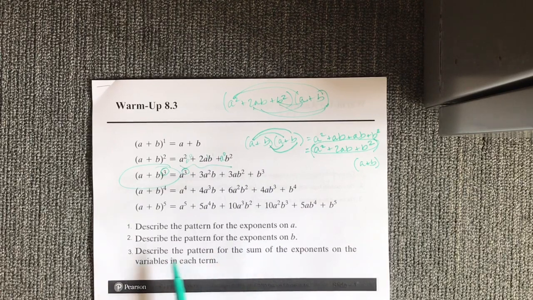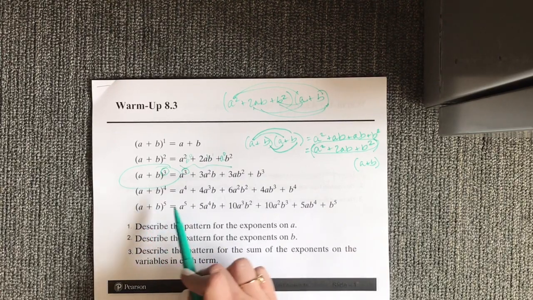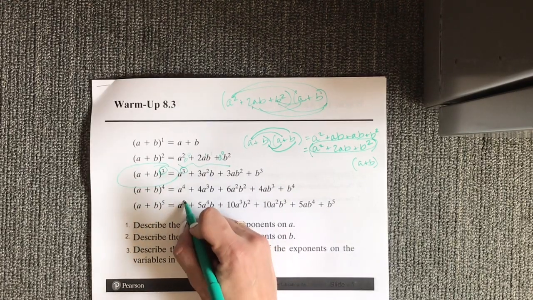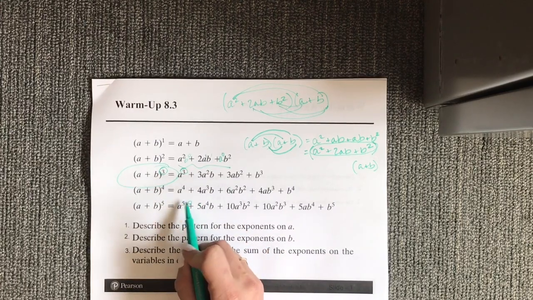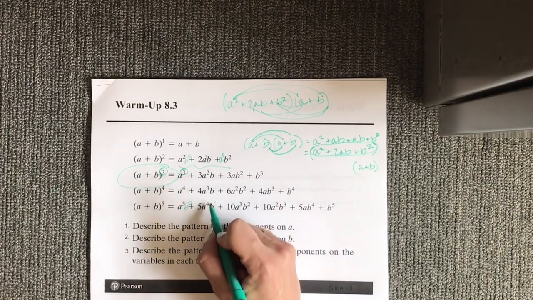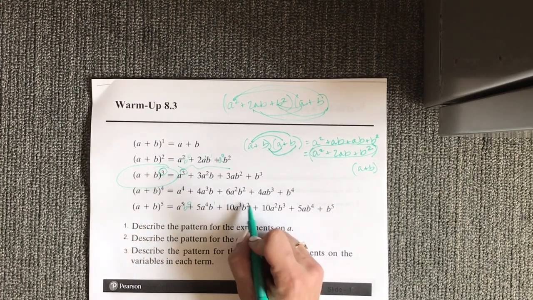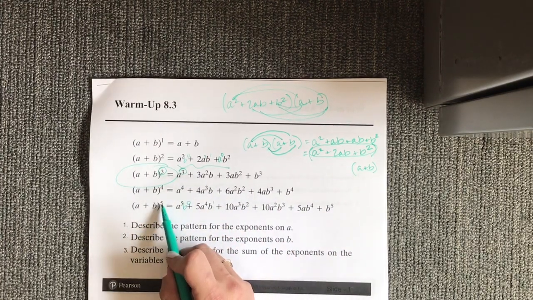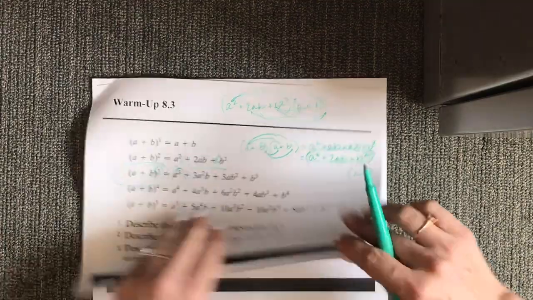And then the sum of the exponents on the variables in each term, let's look at this last line. Obviously, there's just one exponent there, but we could even write in the b to the 0. 5 plus 0 is 5. 4 plus 1 is 5. 3 plus 2 is 5. So the sum of those exponents is always this power. So in summary,